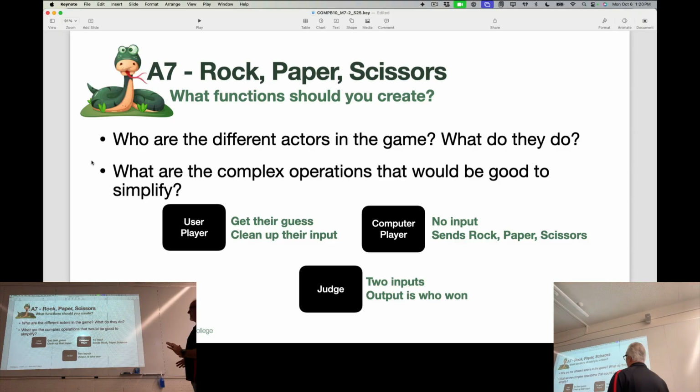So in this game, one of the things that I think is useful to ask yourself when you're thinking about the design of the game and where to put functions is who are the players, who are the different actors in the game. Now, this is an amateur rock, paper, scissors. This is professional level rock, paper, scissors. So not only do you have one player over here and another player over here, but we have to have a judge to declare who wins and keep score, because that's what professional level athletics does. Okay, so